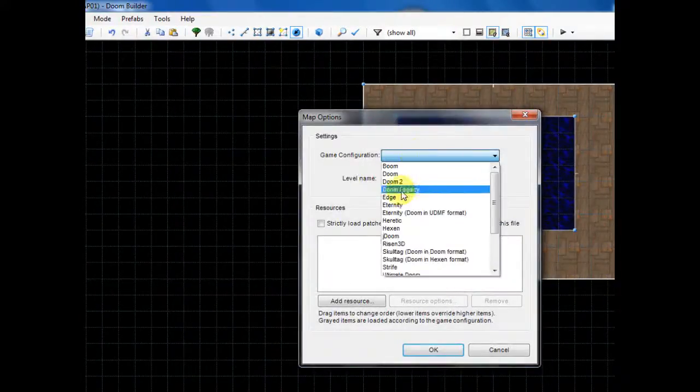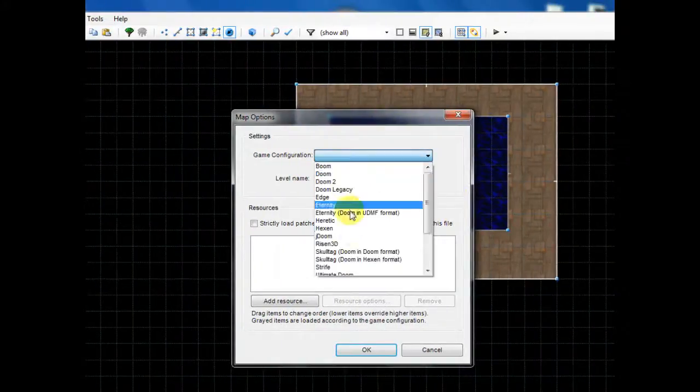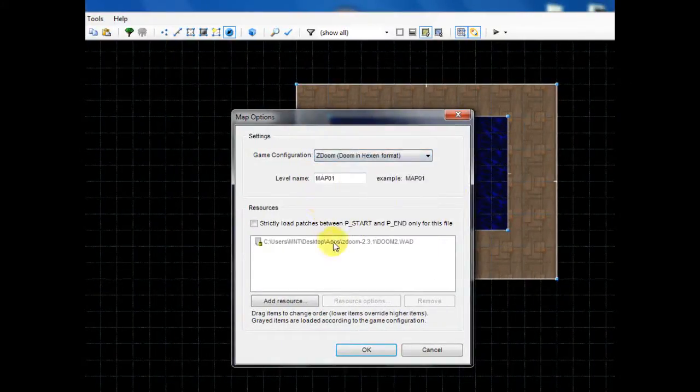and then go to under the game configuration. Instead of Doom or Doom 2, you'll go down to ZDoom and make sure you choose ZDoom, Doom in Hexen format. This gives you access to all the advanced ZDoom features. So, once you select this, for example, you can make sure that you have Doom2.wad underneath